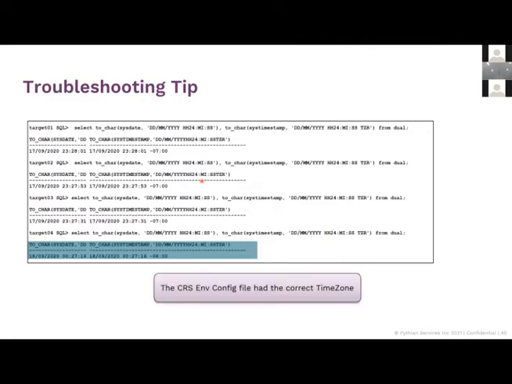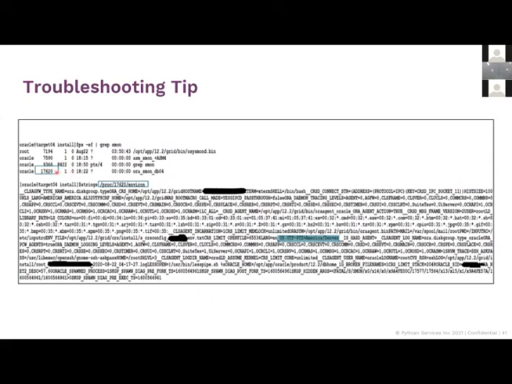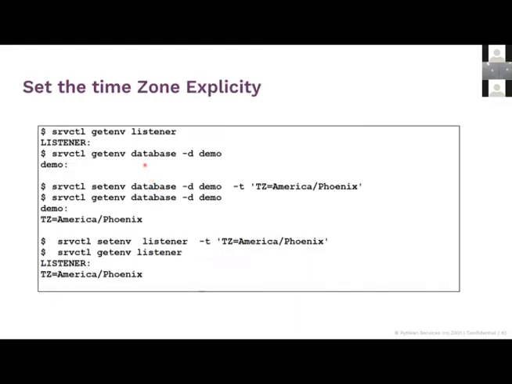Sorry for the bit distorted image, but if I look at the time on target 4, you can troubleshoot this by using strings and you can see that it was Denver and not Mountain, right? So this is how you can troubleshoot. This is just a troubleshooting step to figure out what went wrong. And these are a bunch of commands that you can use with Oracle to fix your time zone. That's why time zone is pretty important when you're dealing with databases, especially when you're installing, starting and stopping. Your environment variables should be properly set. As you see, it was Denver over here. What we wanted was Phoenix.